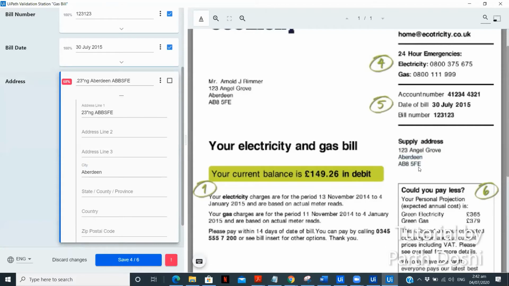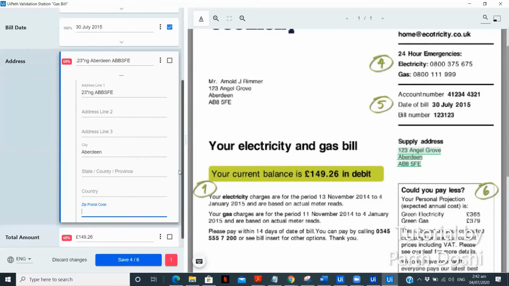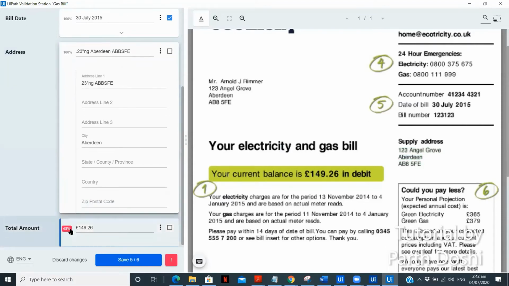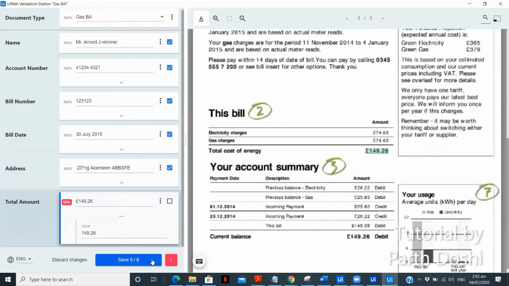So this is not at all totally extracted, but even though it is not a proper zip code, we might need it. So it should have got extracted not in this particular field but somewhere else. So this is the problem in the form extractor with the low resolution. Now let's go to the total amount and let's save it. So we have problem only in the address.